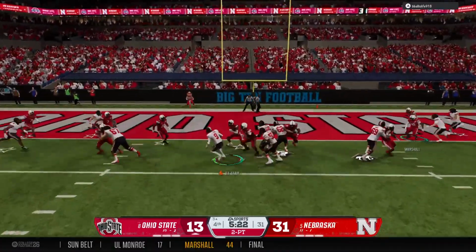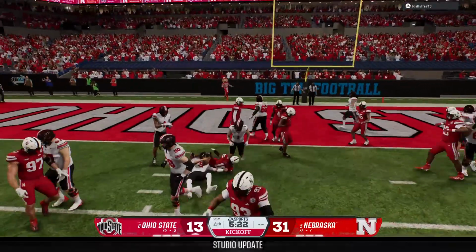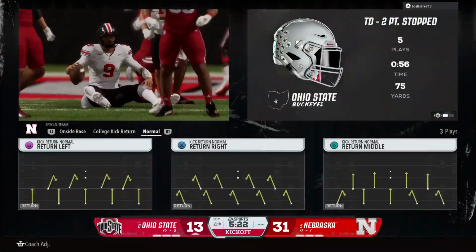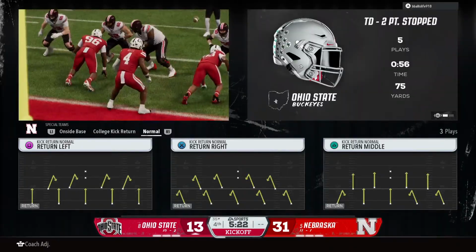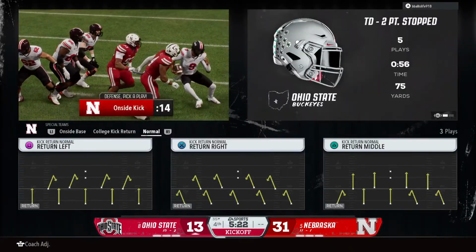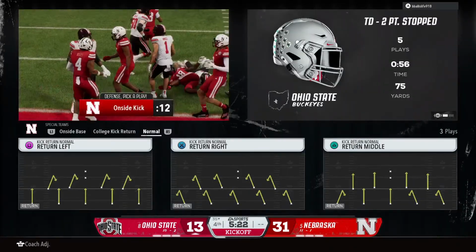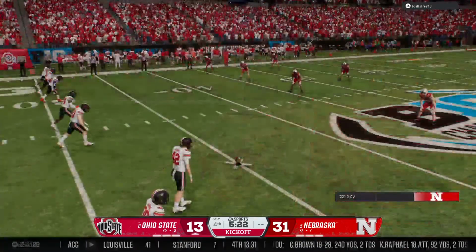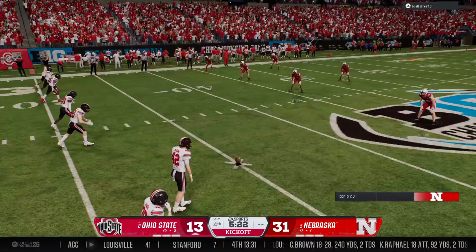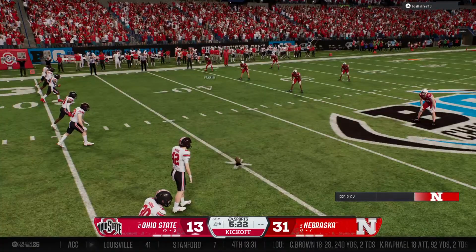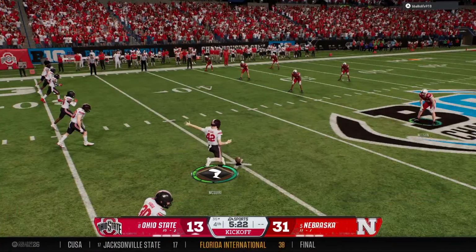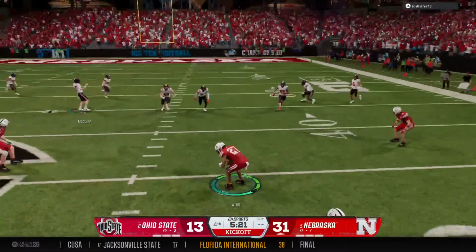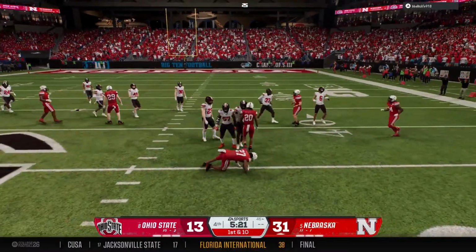And the quarterback tucks it and takes off as a design run. He's swarmed by the defense. Hey, great job here by the defense on this conversion. Nice heads-up play to prevent the two-point try. I believe they're going to line up here and go for the onside kick. And the hands team does their job and secures the recovery.